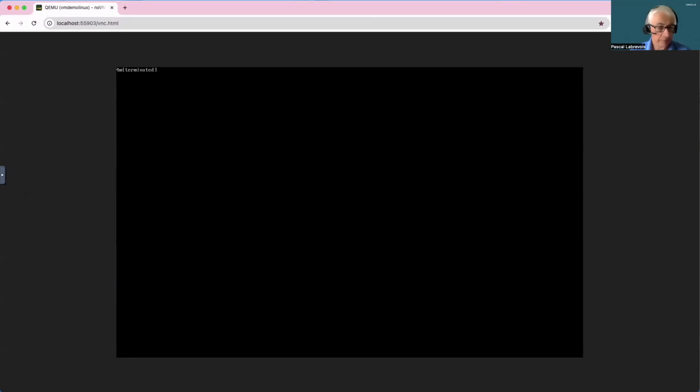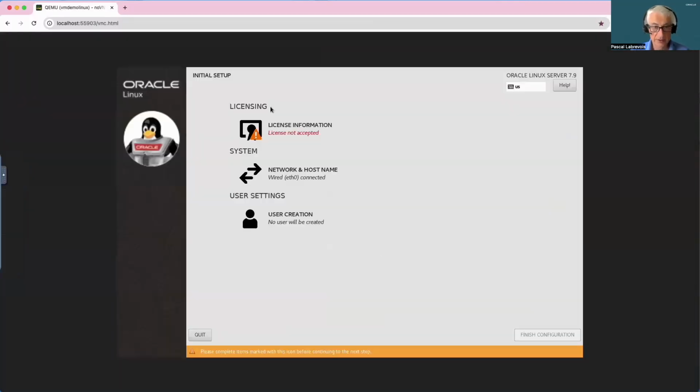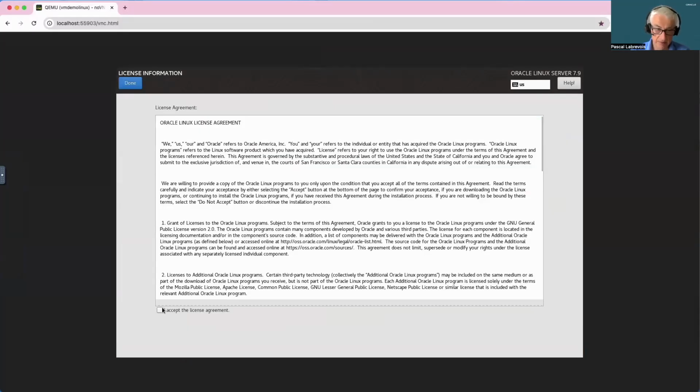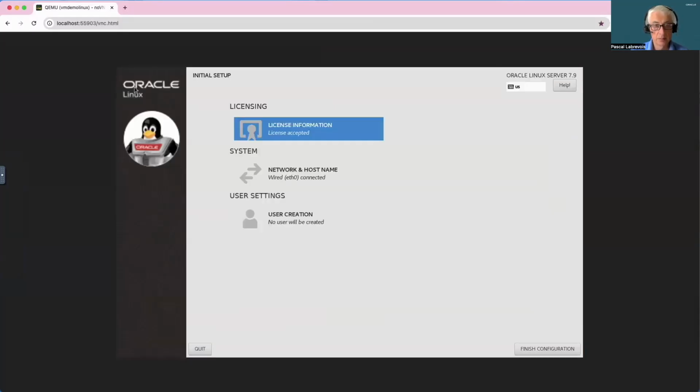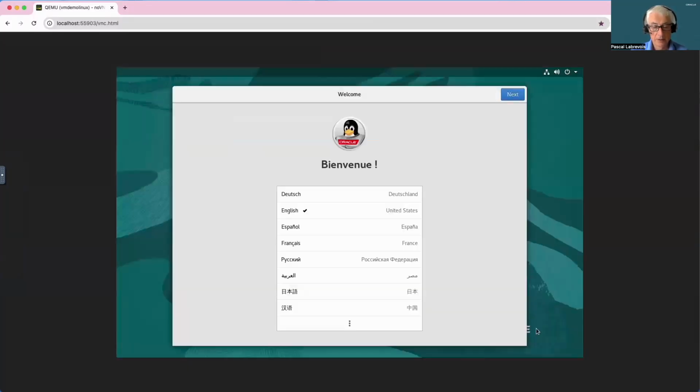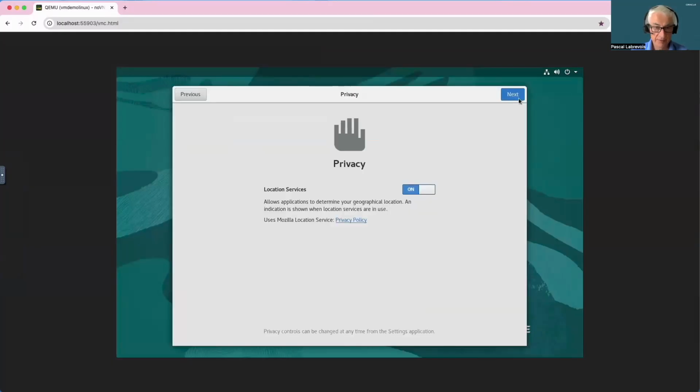So first reboot, connecting to finish the installation. So my VM is started running Linux 7.9.